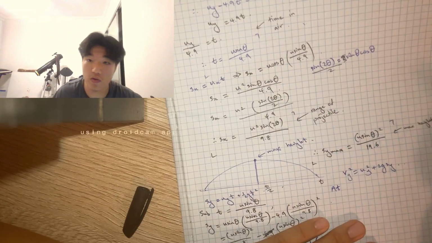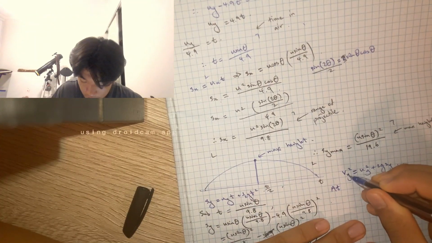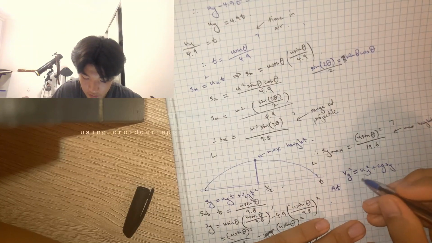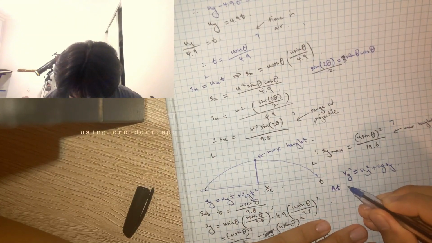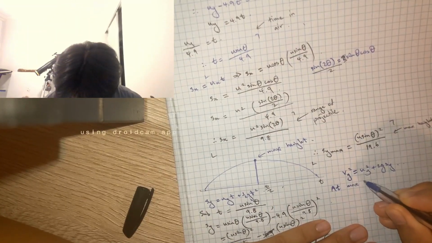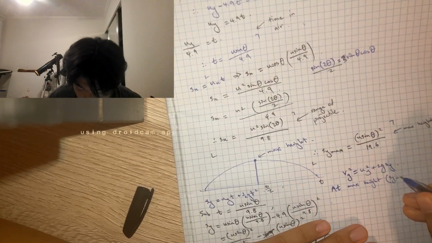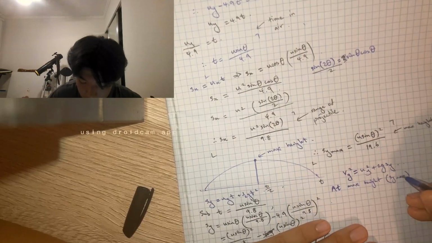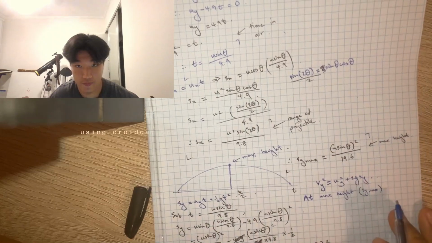This is also on the formula sheet for the physics QCAA external exam thing, and just on the formula sheet, yeah. At max height, brackets s y max, that's the notation I used above,